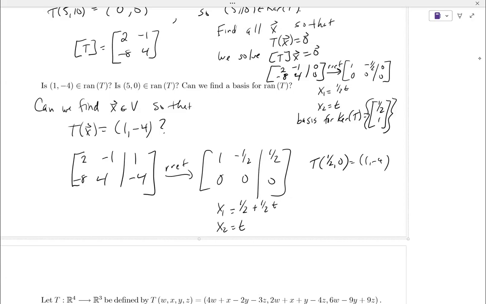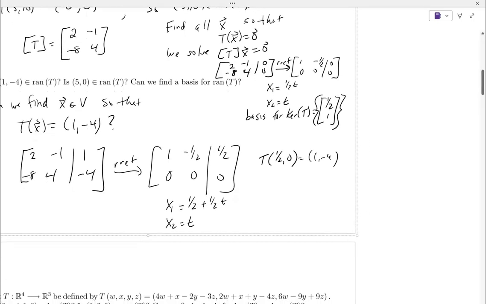If we put the vector 5, 0 in there instead of the 1, -4, that was the second question that it asked, is 5, 0 in there? If we set up the same type of system of equations, literally the same set of equations, except that I'll use 5 and 0 for the constants, if you try to go through this row reduction,